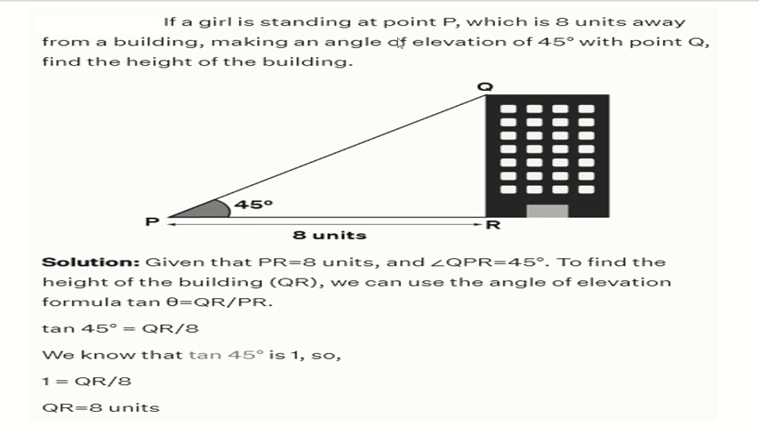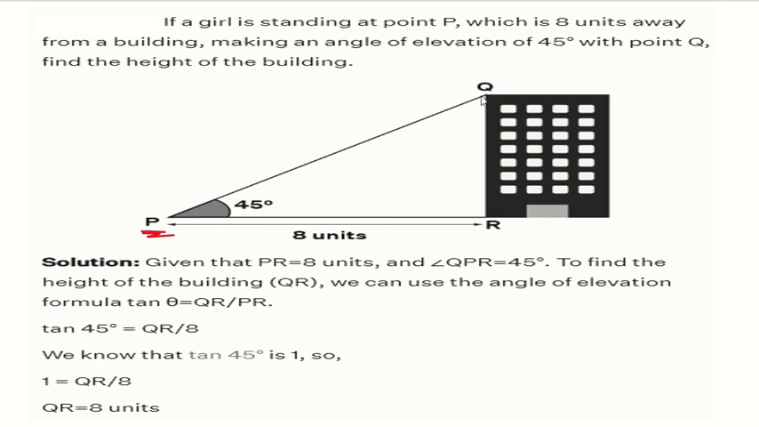So if a girl is standing at a point P which is 8 units away from the building. Okay, so one building is there, a girl is standing, how far is she now? 8 units. Making an angle of elevation of 45 degrees. So what is the angle of elevation? What we learned as angle of elevation, it is a line of sight. It's an angle between the above horizontal line and the line of sight, right? So if she is standing over here, this is her line of sight, right? So this is a horizontal line. So the angle of elevation will be 45 degrees